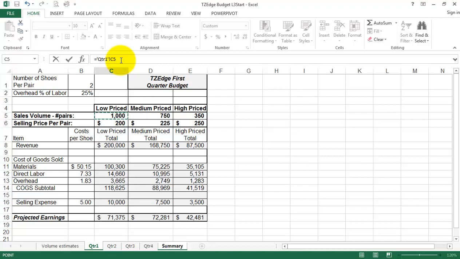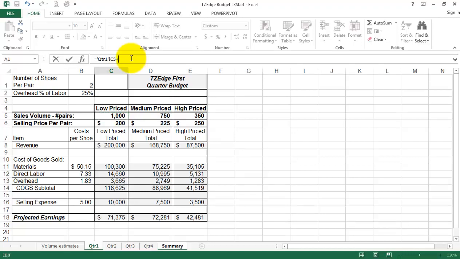Now what that means is within this summary worksheet, see how that's white and this is white? You're working with 2 worksheets at the same time here. It's all going to end up back in the summary on C5. But basically it says, in order to build the formula for C5 in the summary, go to worksheet or tab quarter 1, C5, and then what I'm going to do is I'm going to add,